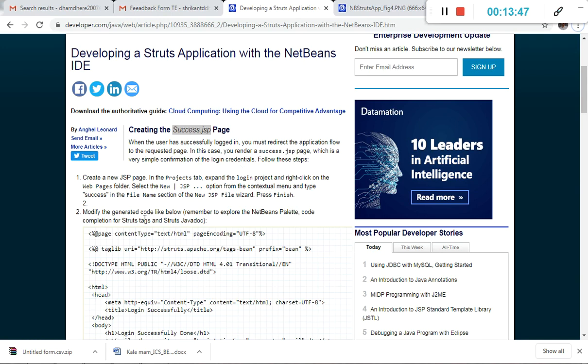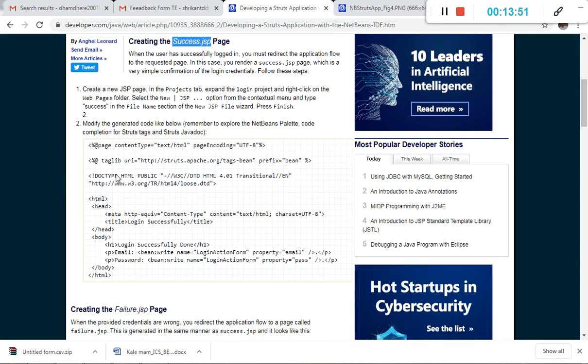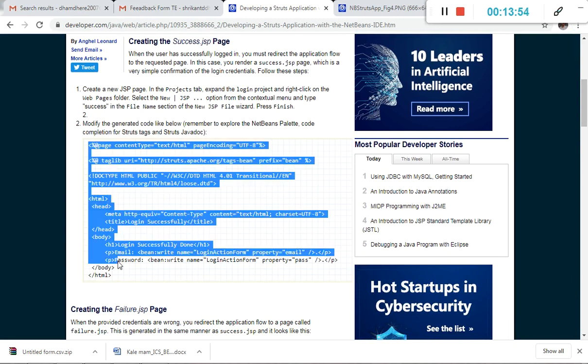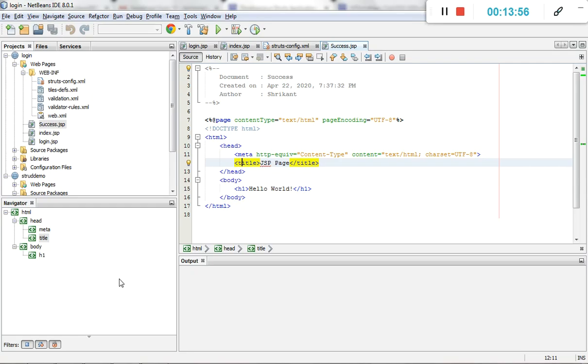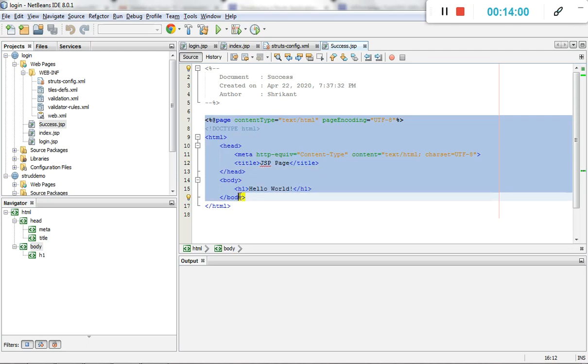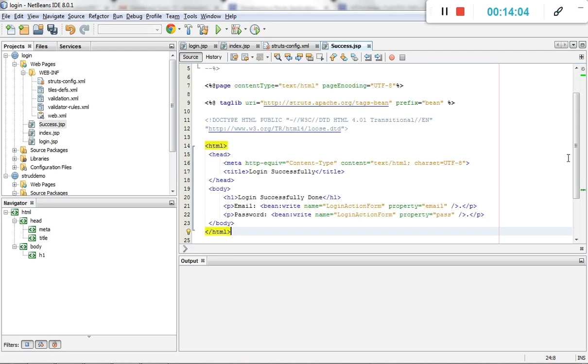We already modified the generated code like below, and we want to change that code with this code. Okay, we will verify that code.